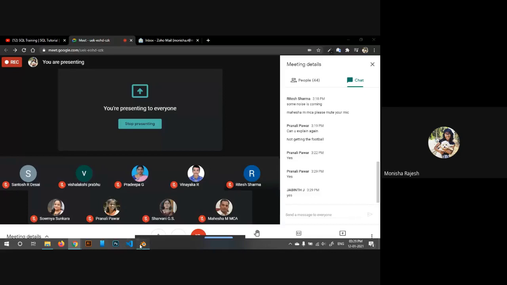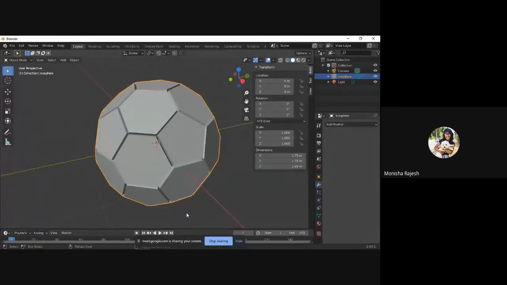Okay. Great. Now we are going to add some modifiers to it. Like I mentioned, modifiers will give you extra vertices to work with, or add a curve for you or things like that. You'll be able to do quite a lot with modifiers. But today we're only going to look at two modifiers. To go to modifiers, you'll have your right side panel and you'll select this spanner here, which is called modifier properties.